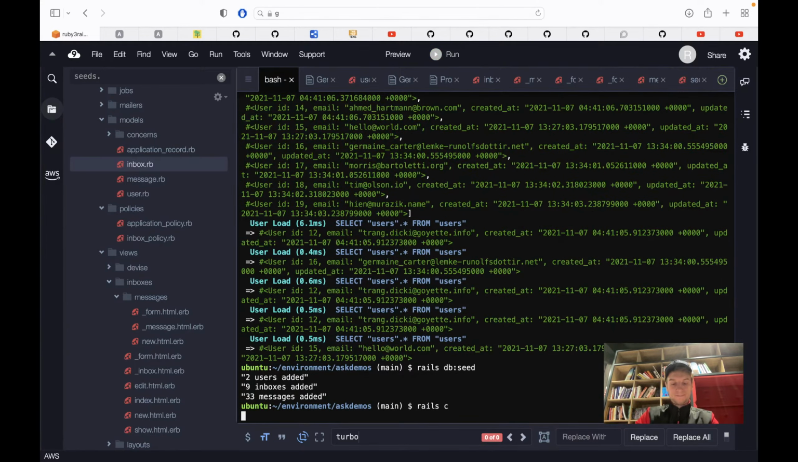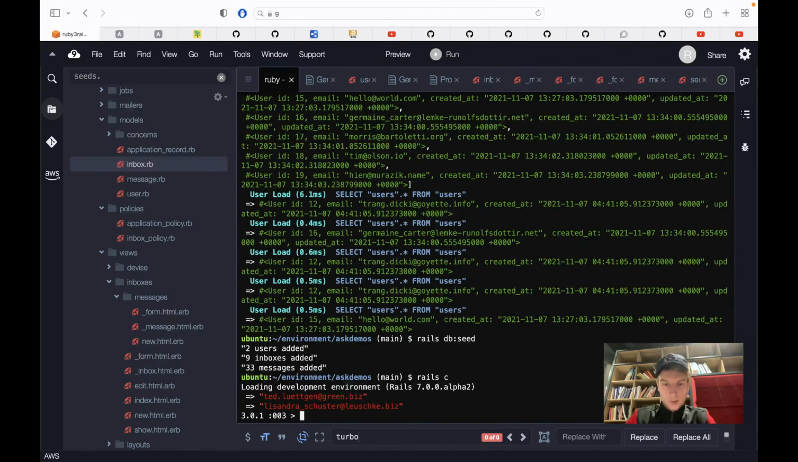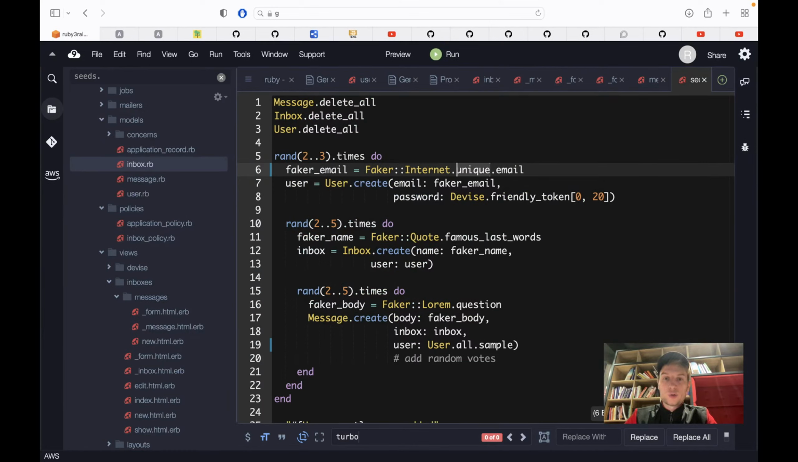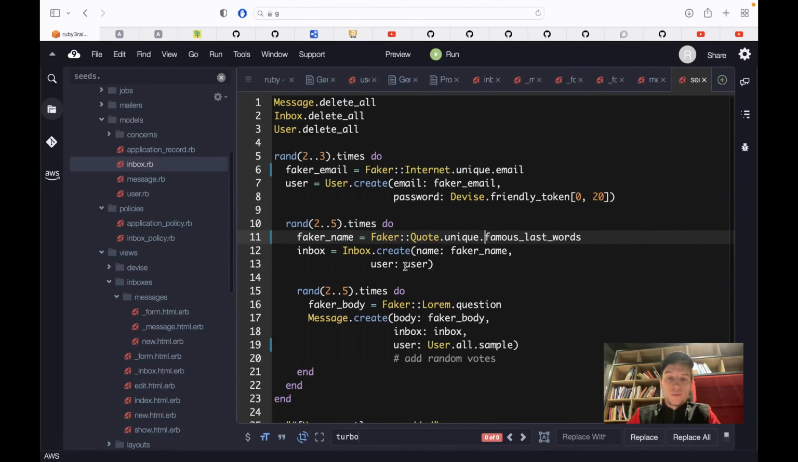Rails console. Okay, it's working with unique, and we're going to have a unique email, and we're going to have a unique inbox name. And also, as Alexander noted again in his PR, Faker quote famous last words can have some cases where the quote is longer than what we want. So we can use some other Faker generator for our inbox that has a validation on the length. So for example,